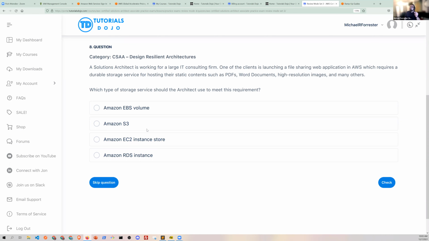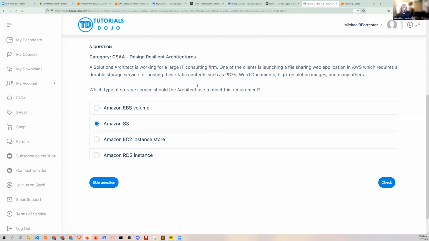So the minute you see the words static content, instantly think to yourself, oh, Michael said S3. So somewhere in there, S3 is probably going to be in the answer, right? And it helps that they qualified it with durable storage service, to Gayathrie's point. And then they started listing off the static content, PDFs, Word documents, images, right? That kind of thing. And just to say this, so obviously S3 stands out.